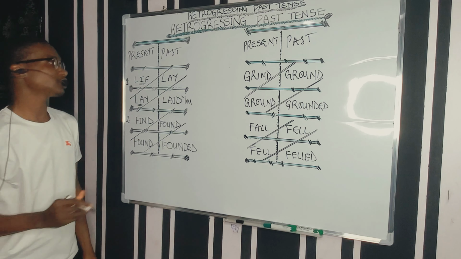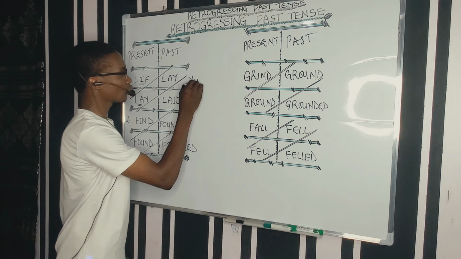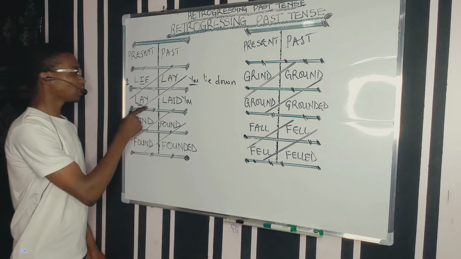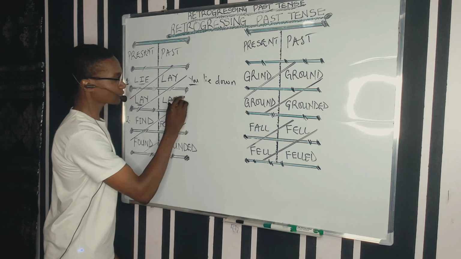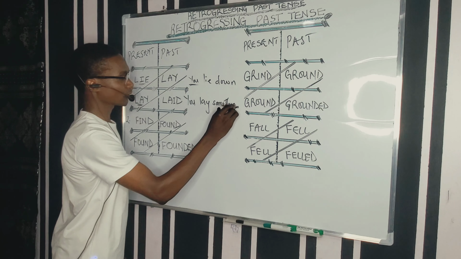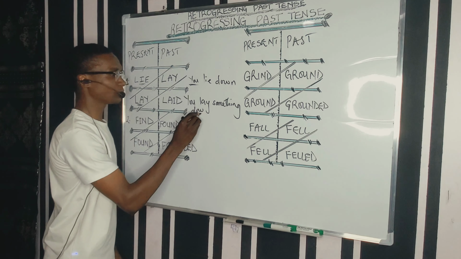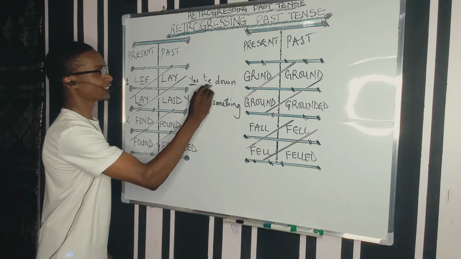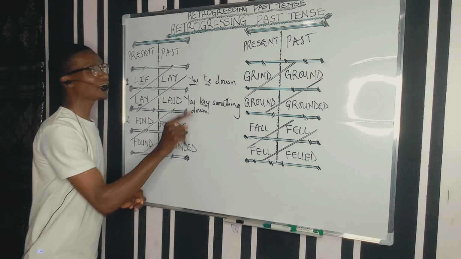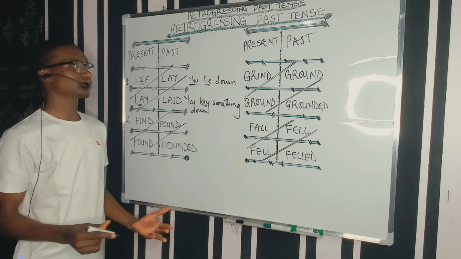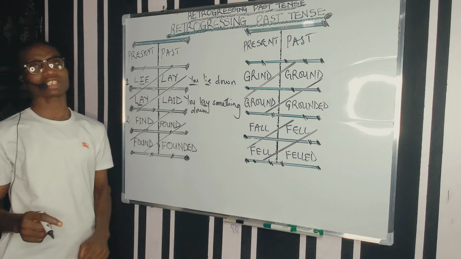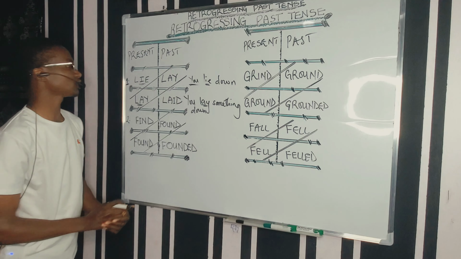The last time we met, we were talking about the difference between lie and lay, and we were able to conclude that lie means you lie down. You are the one doing that. But for lay, you lay something down. So the basic difference between lie and lay is that you lie down, you are the one lying down, but for lay, you lay something down. So you can see the difference. And we were able to say that this is transitive, while this is intransitive. We made a whole lot of distinctions the other time.